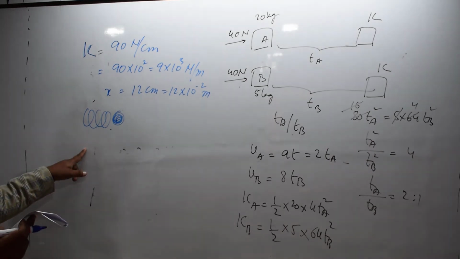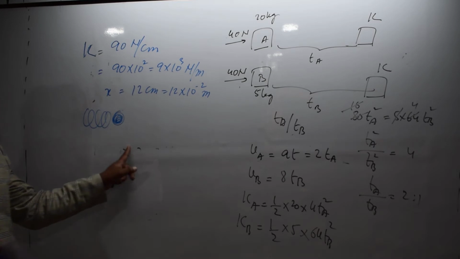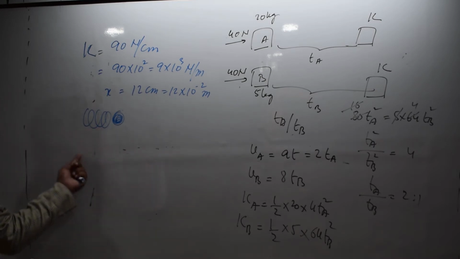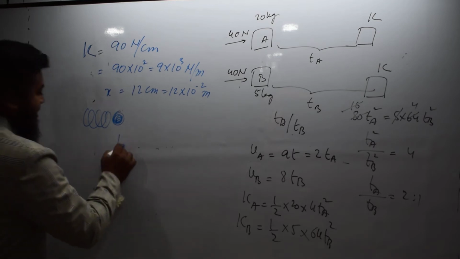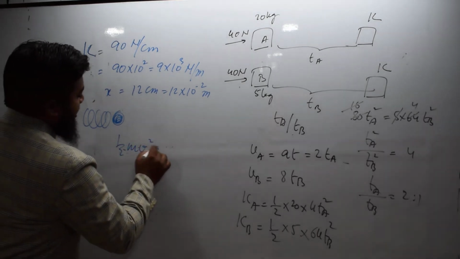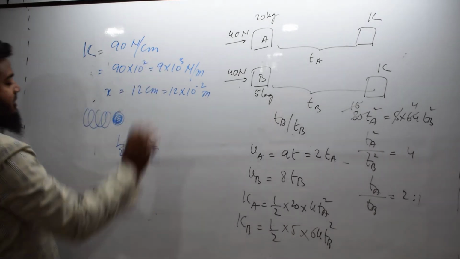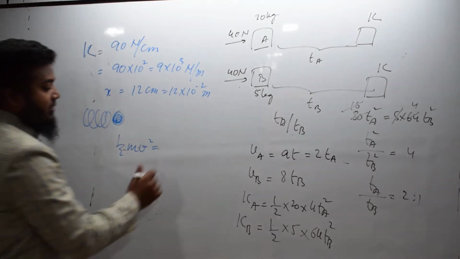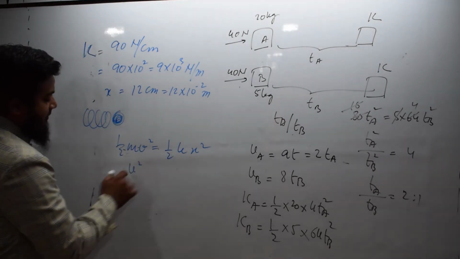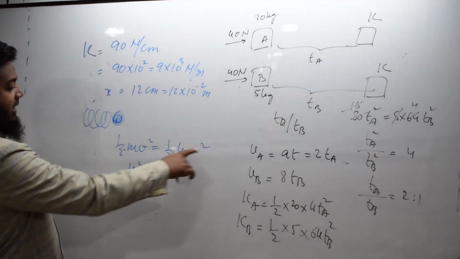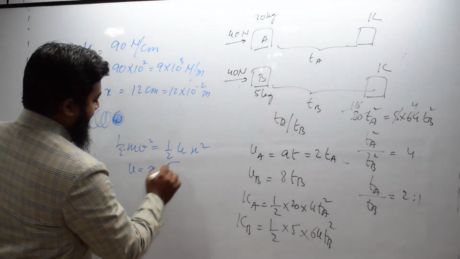Now, when the spring comes to its natural length, the potential energy will be transferred to the kinetic energy of the ball. So, the initial kinetic energy of the ball will be equal to the stored potential energy of the spring when the displacement was 12 centimeter. So, half m v square should be equal to half k x square, and you have to find velocity. So, v square is equal to k x square upon m, or if you take square root, it becomes x times